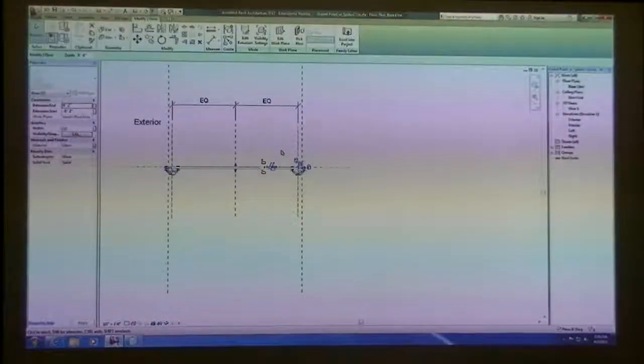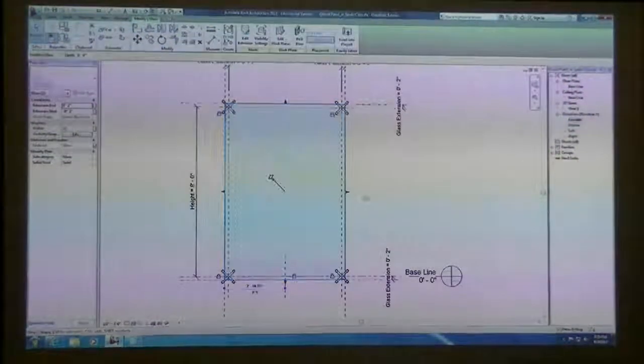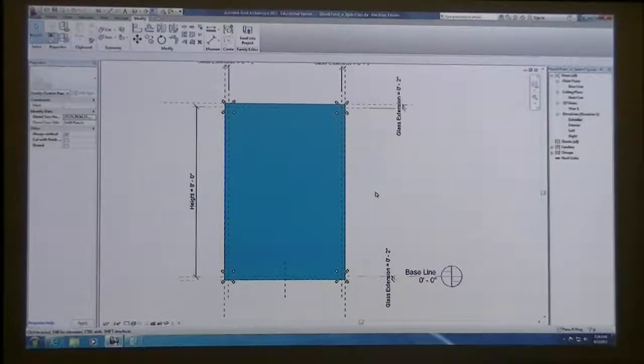Gary? Yeah. I'm getting an error every time I try to make these labels a glass extension. Since labeling this dimension would overconstrain the sketch. It doesn't give me a button to override it. Let's look at that in the class. Basically,